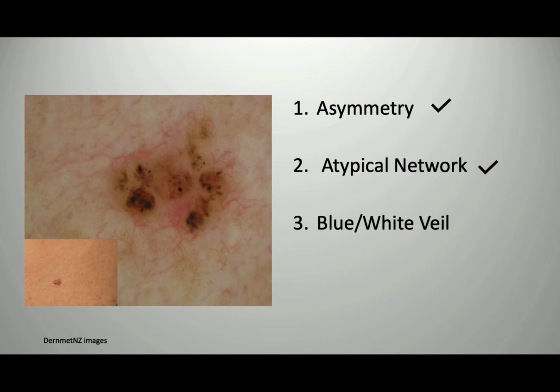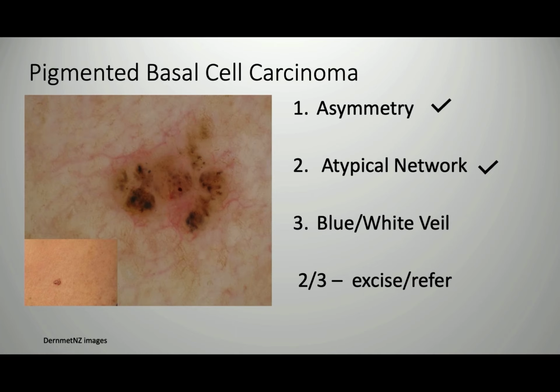Doesn't look like a normal skin network. Is there a blue-white veil? Not really. There are arborizing blood vessels, though. So just to kind of throw that in, but that's not part of the 3-point checklist. So this would be a 2 out of 3, which you would excise because this is a pigmented basal cell